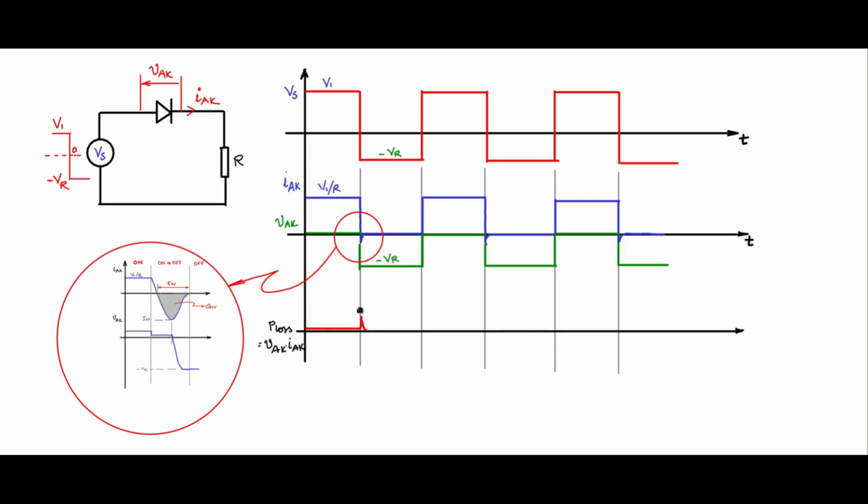And then during the transition from the on state to the off state, you have this turn off loss, which we have seen is basically happening because both voltage and current are finite here, and you will have some loss here from the multiplication of current and voltage. And then after it has reached the blocking state, current is zero, and therefore you will see more or less zero off state loss. So this would represent the off state loss.